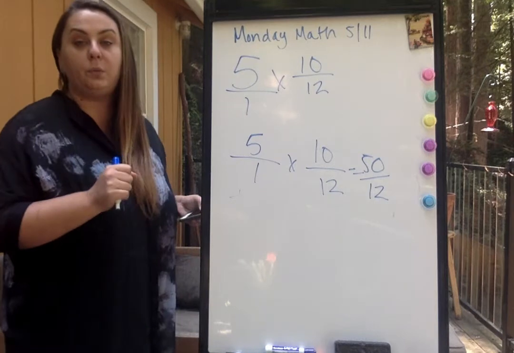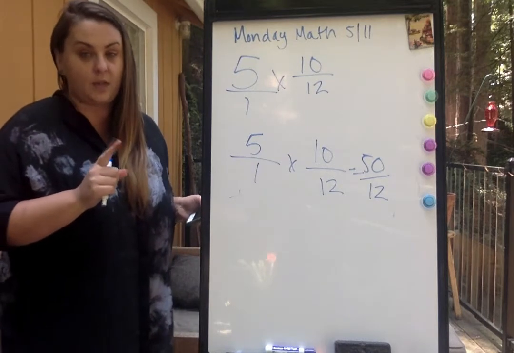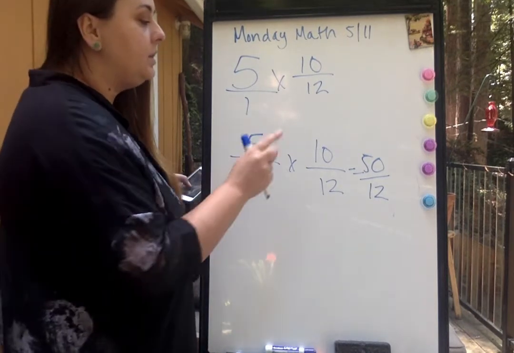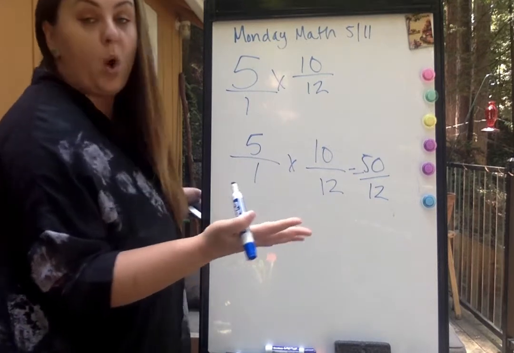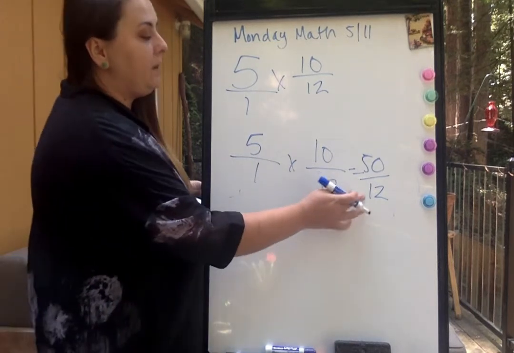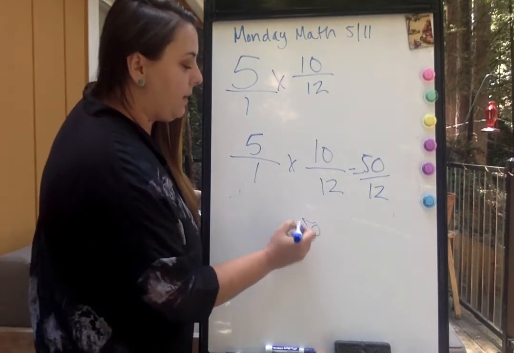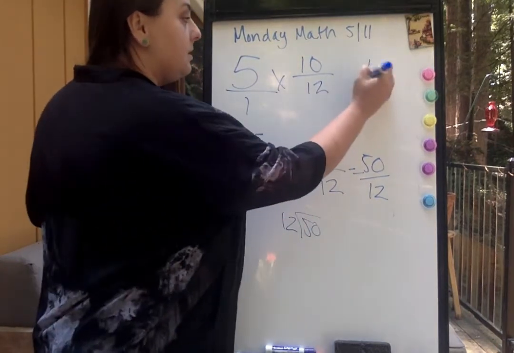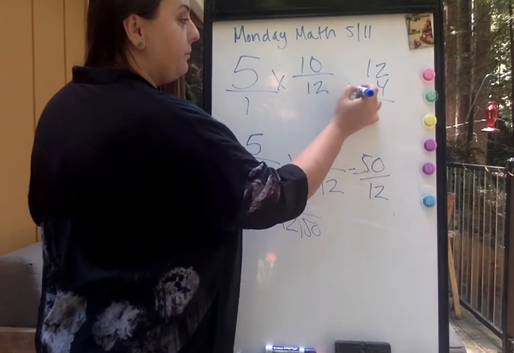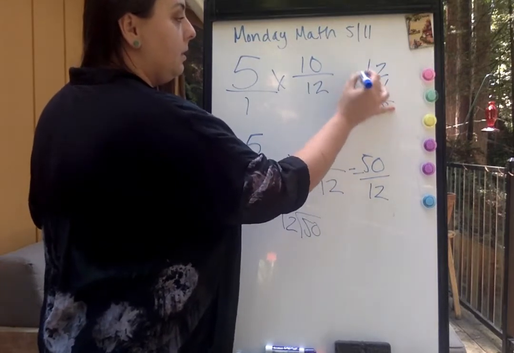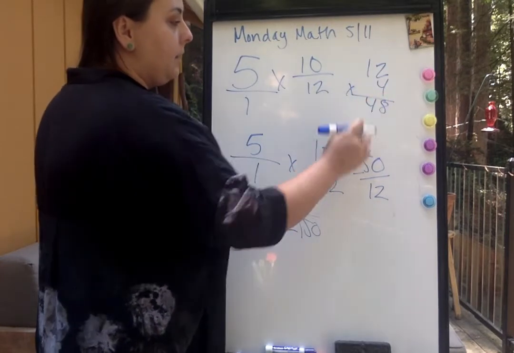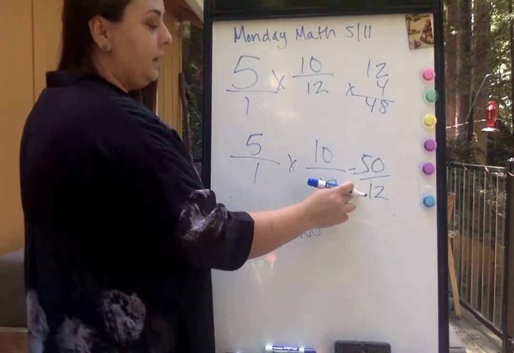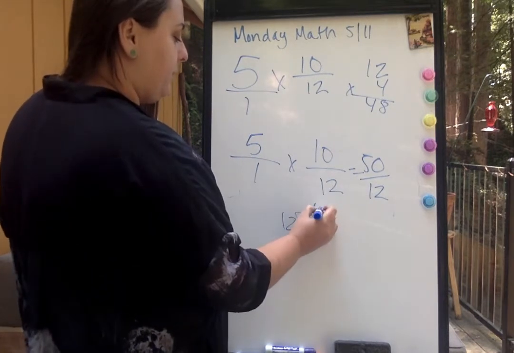Now, your numerator is larger than your denominator, so that means you're going to pull out at least one big one. So now we have to divide 12 into 50. You might have to take a guess. So I'm going to try 4. That's pretty close, okay? So it's going to go in 4 times,